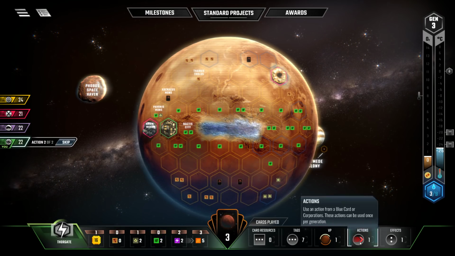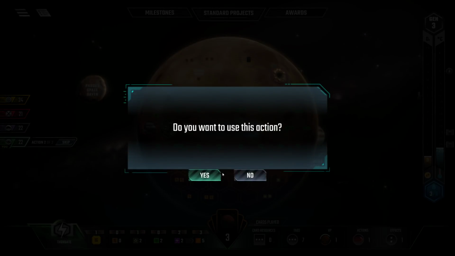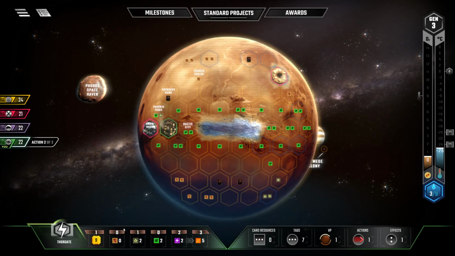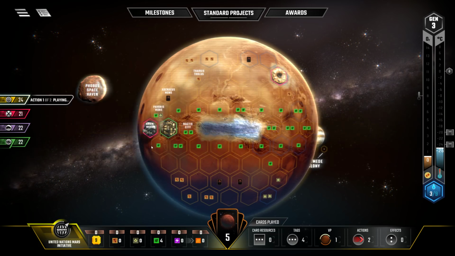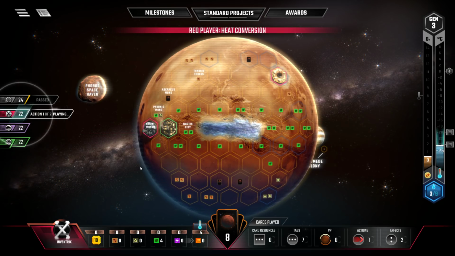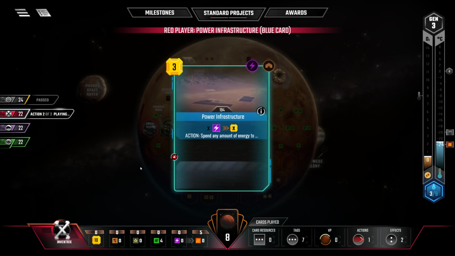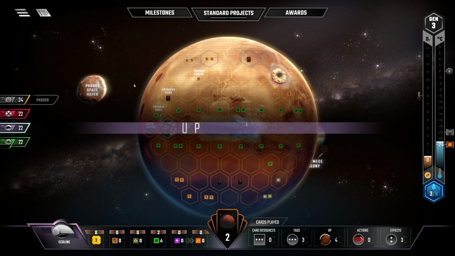We do that. I now have an action I can use, which is pay 7 to give me steel production. We definitely want to make sure to get that as early as possible, so I'll do that now. The steel will allow me to play building cards at sort of a discount. Every steel you cash in saves 2 megabucks from a building card. So steel is basically worth 2 megabucks each. So in a sense, I've raised my income by 2 here, only for the purpose of playing building cards, but